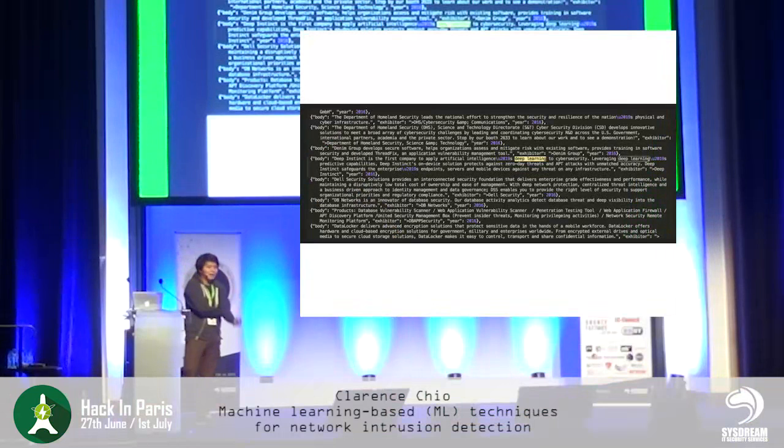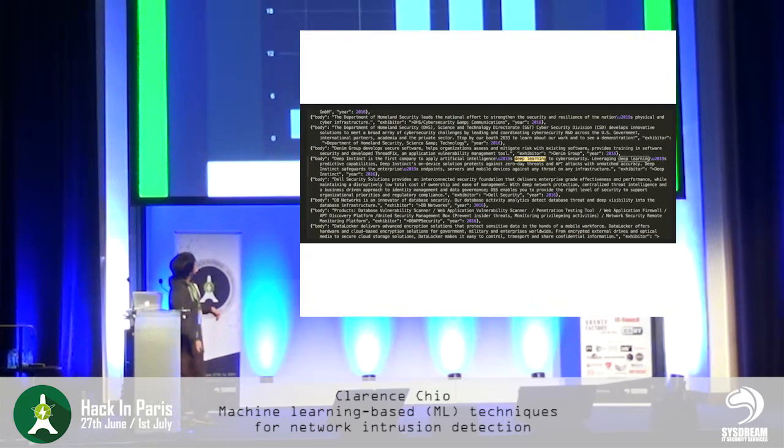Something interesting that I decided to do this year: there's the RSA conference held in San Francisco every year in February. Every year, companies from the Bay Area, from Silicon Valley and around the world go and have booths there, with descriptions of what they do. Walking around RSA, I always feel a little bit puzzled because all the companies seem to describe themselves in the same way. They use the same words. This is a particularly interesting one that I highlighted: Deep Instinct. I'm sorry if anyone is from Deep Instinct here, but I just like the fact that they call themselves the first company to use deep learning to do cybersecurity.